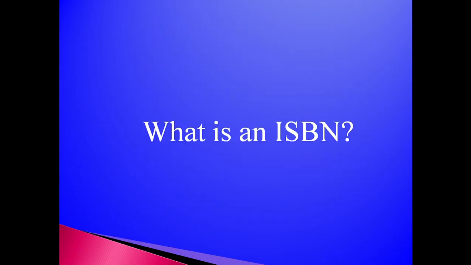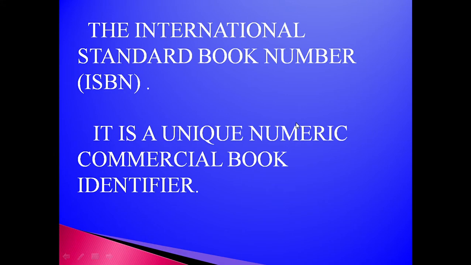First, I will start. What is ISBN? It is nothing but the International Standard Book Number. Shortly, we call it ISBN. It is a unique number, a commercial book identifier. For each and every book, they have one number. Just like how our name is indicated, everybody has a separate registration number. Not everybody has one registration number; the number differs. In the same way, all reputed books have this unique number that is called an ISBN.